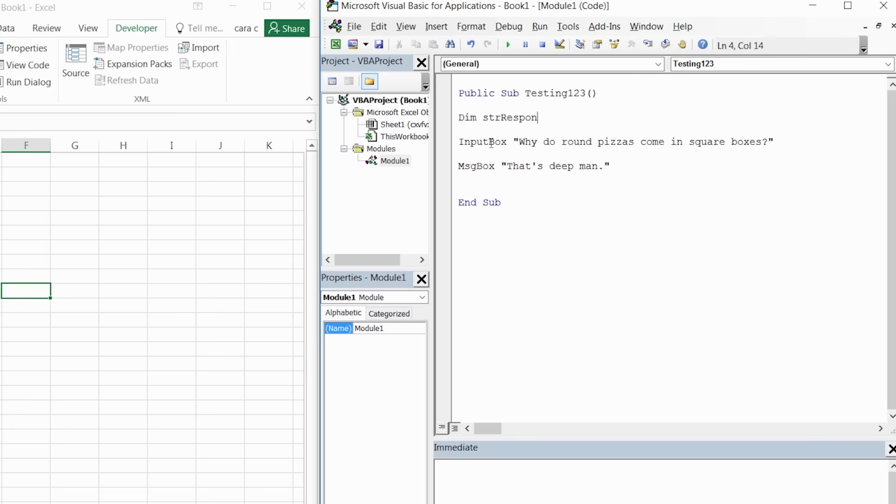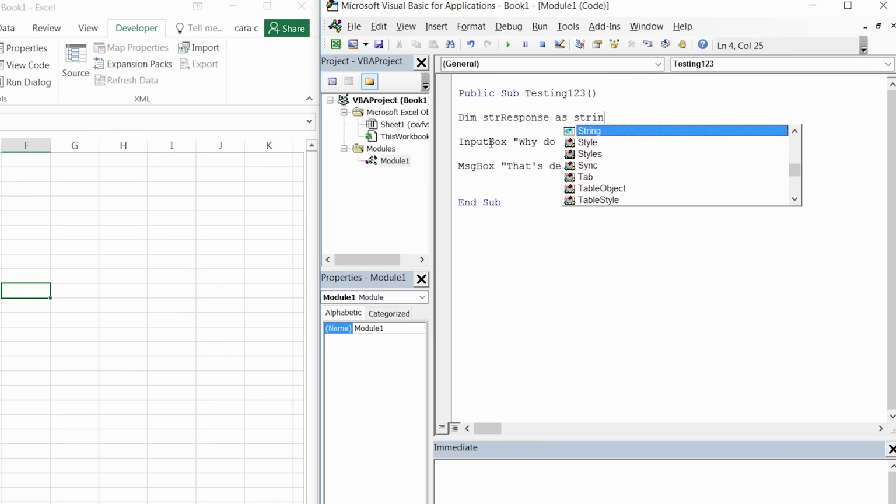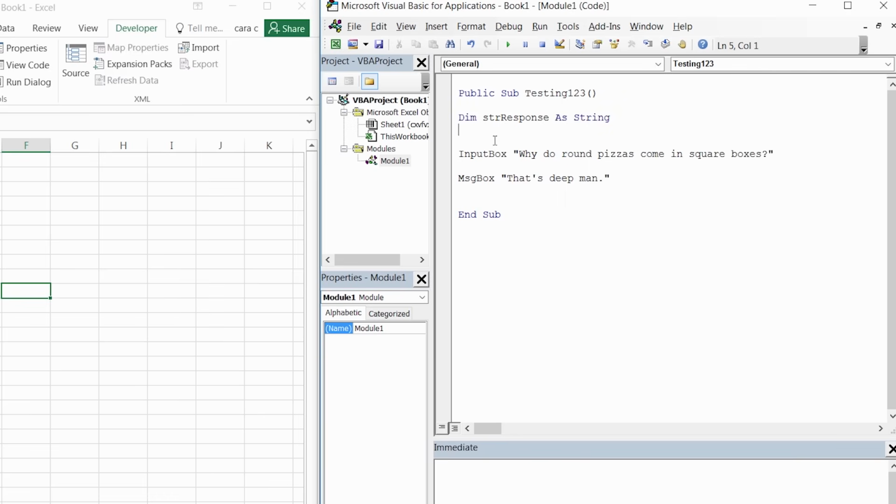And I'm going to give it a more commonly seen VBA variable naming convention, strResponse. str stands for string. And then the word Response is what I actually want to name my variable. So you'll see this all the time, people naming their variables with these 3 letters at the beginning that's supposed to declare what data type is eventually going to be housed in it. And that way it's going to help you remember when you have a ton of variables, exactly which ones house what kind of data. So I'm saying Dim strResponse As String,